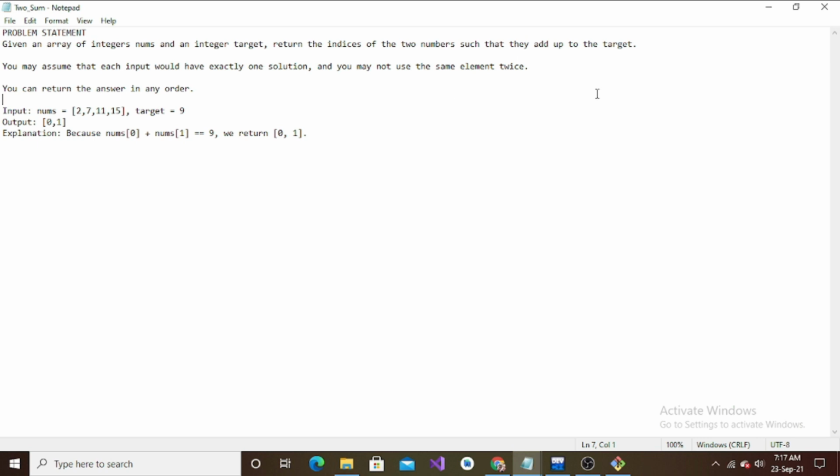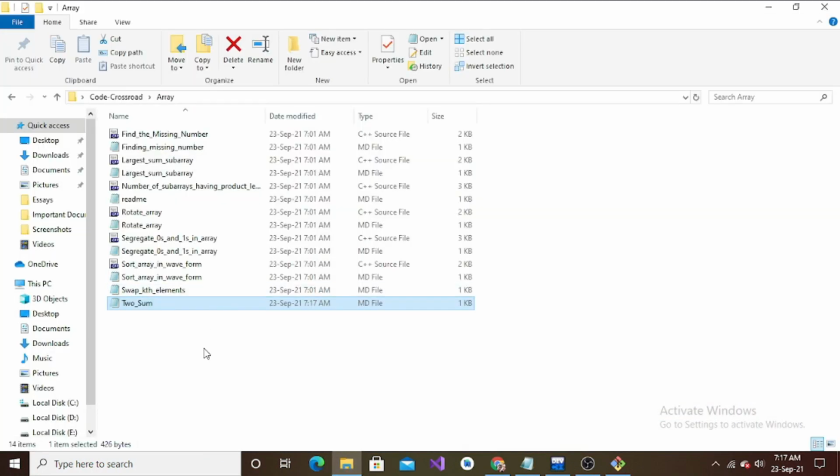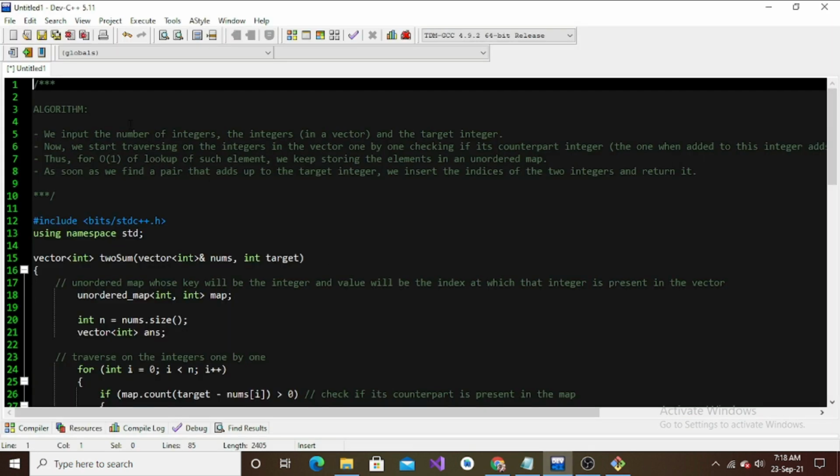Save it. Great. So your tosum.md file has been modified, or let's say added, along with the complete problem statement and everything. Okay, so the question file is done. Now let's get back to our project. Now it's time to add the CPP code file. So what I'm going to do is, I already have this code pasted on my Dev C++.